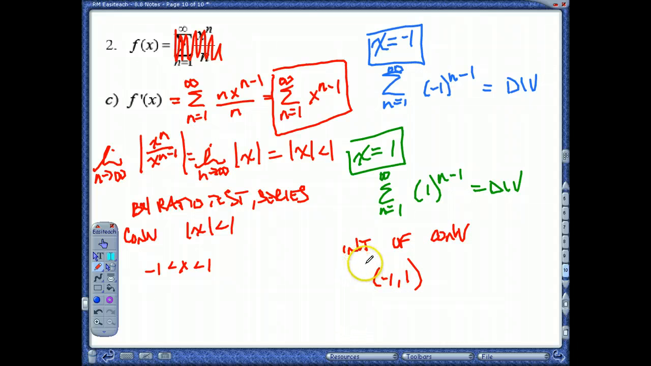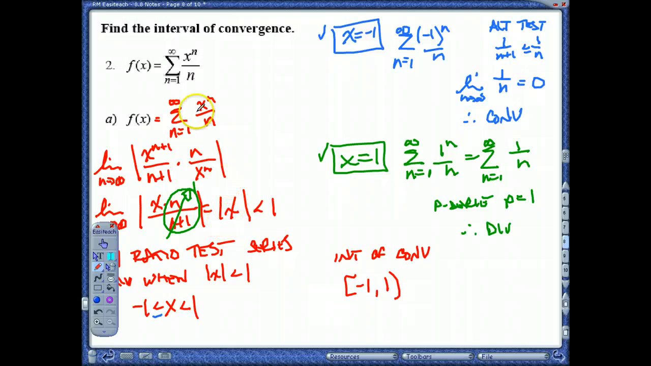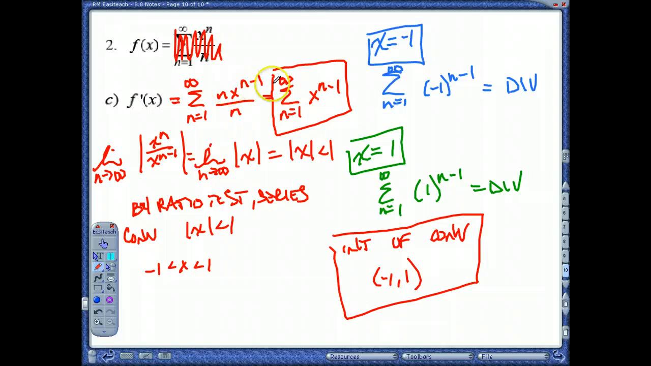No brackets anywhere. Okay. Now, what they like to do in an AP situation is they like to do what we've just done with this example 2. They like to give you a series, ask you about the original function, ask you about the integral of that series, not function, sorry, and ask you about the derivative of that series. So just because you have a power series doesn't mean they won't ask you about the integral or the derivative of it. Okay? So when they say interval of